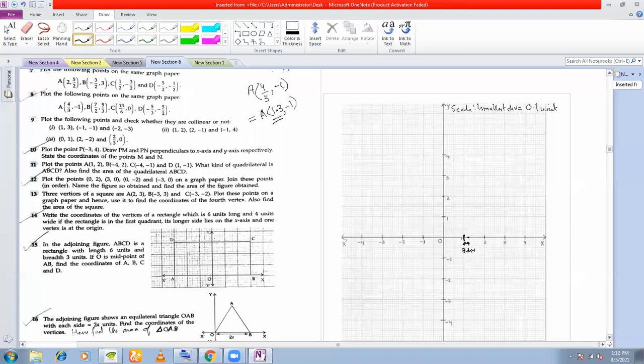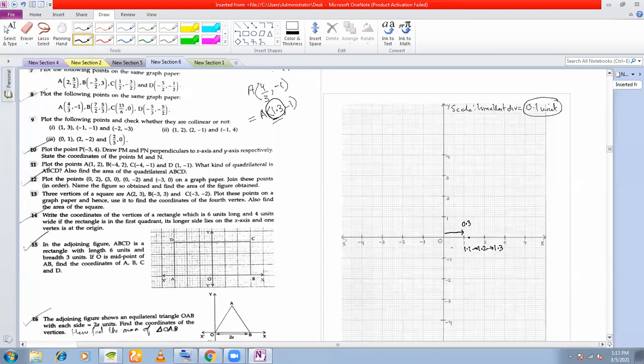So can you explain again? 1.3. How much distance do I have to move in the x-axis from the origin? Plus 1.3. So I start moving here. 1 unit, so I reach 1. Now I have to move how much? I have to move only 0.3 units, right? Each unit is how much? 0.1, right? So 1 division I move, I get 1.1. Next division I move to 1.2. Third division I move to 1.3. So 3 divisions I have to take from here.